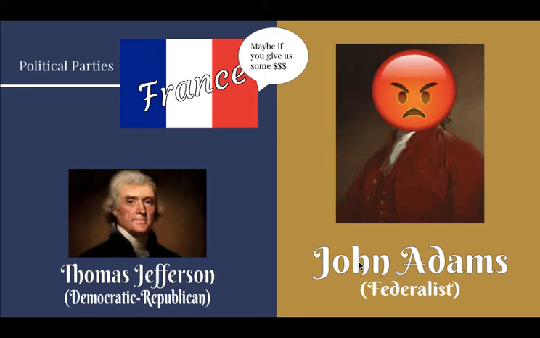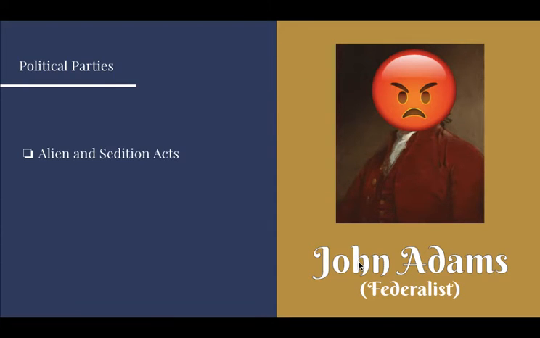And we actually passed some pretty severe new laws called the Alien and Sedition Acts. There's a couple of things in here. One of them made it harder to become a citizen. It moved that requirement, remember, you have to live here for so long? It moved that requirement from 5 years to 14 years. And why did they do this? Why would they want to make it harder to become a citizen? Well, because immigrants favored the Democratic Republicans, the other party, and they didn't want them to vote. Does that sound familiar? I mean, right now we're talking about one group trying to make it easy to become a citizen and one group trying to make it harder to become a citizen because of who they vote for. It's exactly the same thing we're doing today.